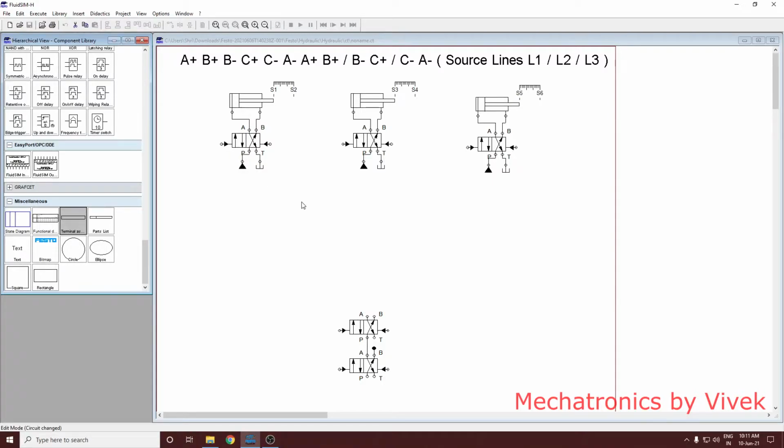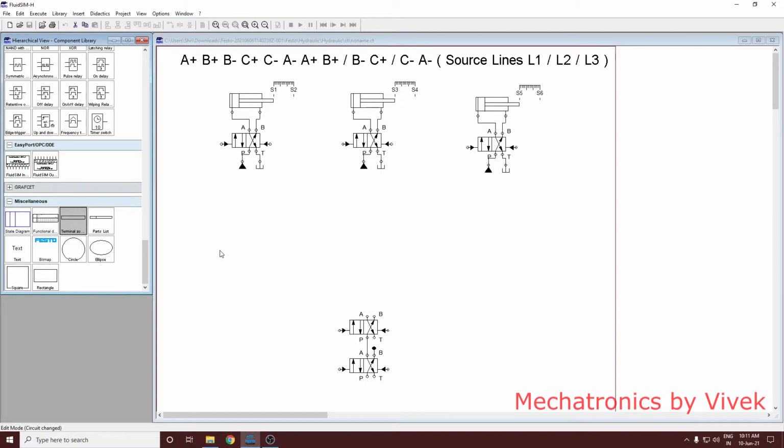Okay, now what else you need is, you need cascade valves, because this is a cascade method. So you need a cascade valve, and the rule for using quantity of cascade valves is number of cylinders minus 1. So since we have 3 cylinders here, we are using 2 cascade valves as shown here. Okay, so these 2 cascade valves, these are also 4x2 DCVs and pilot actuated. Okay, what else you need now?